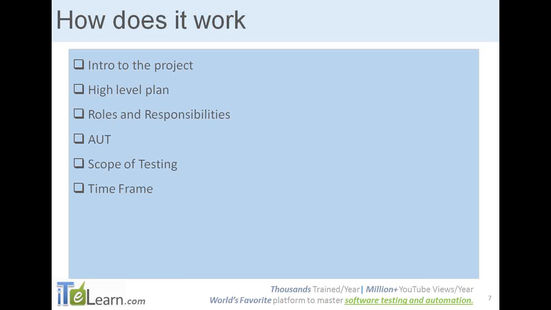And the time frame, like how much time we require for a particular performance testing project. That would depend on the scenarios identified and what type of executions we are going to perform. Also, if any issues occur in the execution, we should take that into consideration. So that is the time frame. Okay.